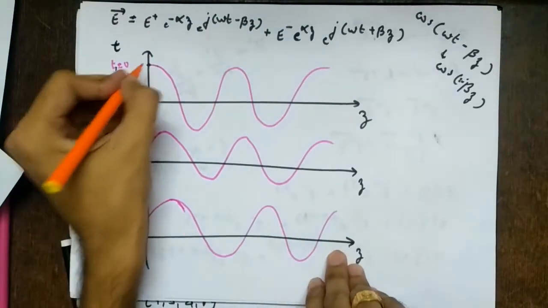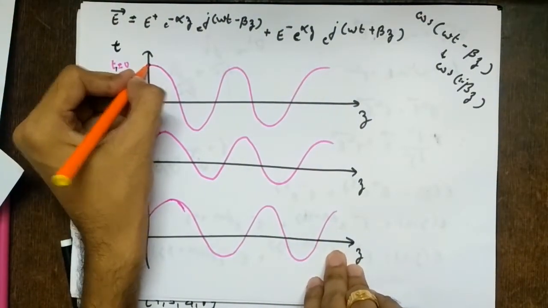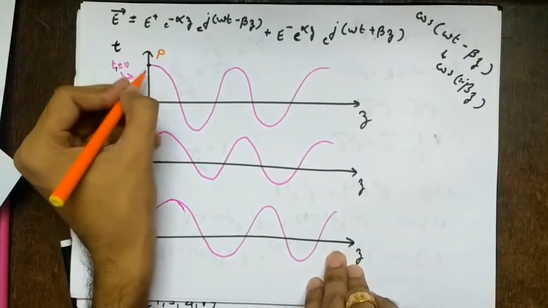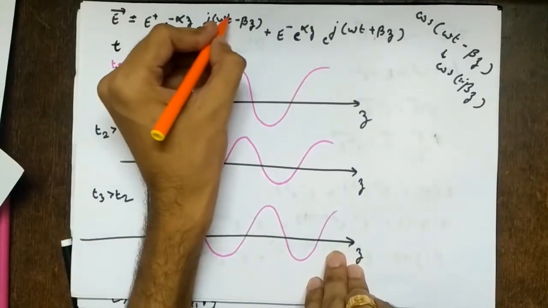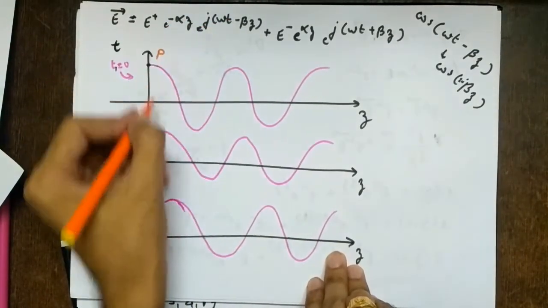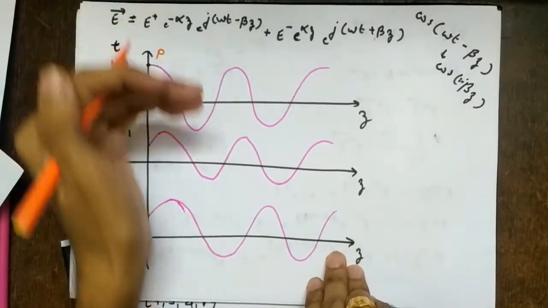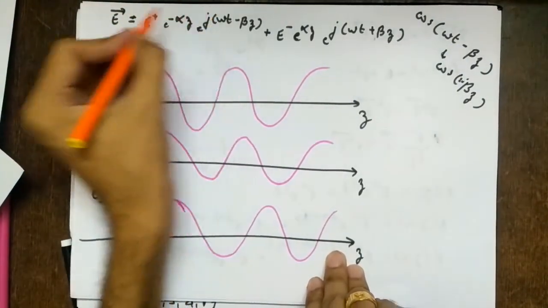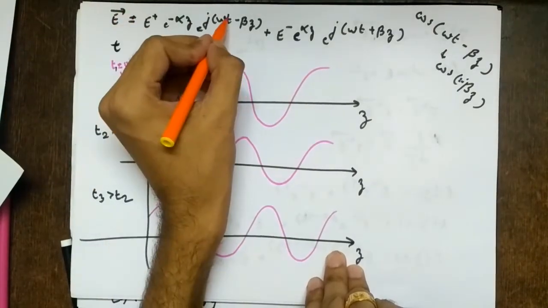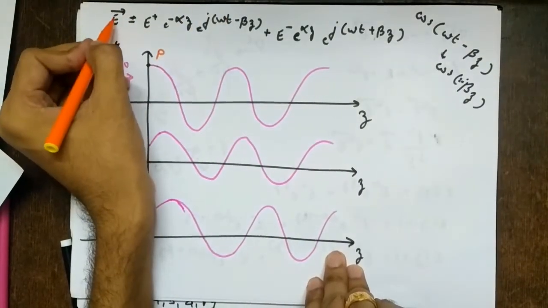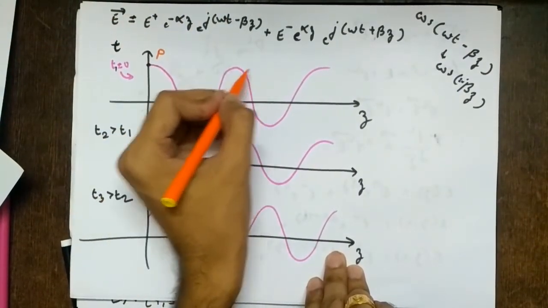So what is happening? Let's say this is my point P. Now you should get this, that only time is changing, right? Even though you see three waveforms, they are nothing but one and the same waveform, but at different time instants. I repeat, you are seeing one equation only. So only time is changing, which means the electric field is changing. So this is nothing but the electric field at different times.